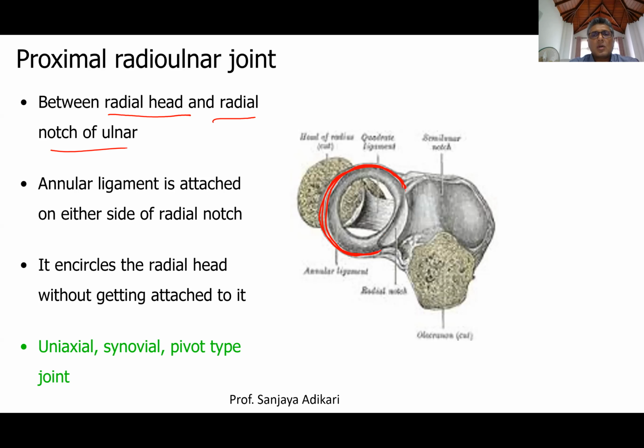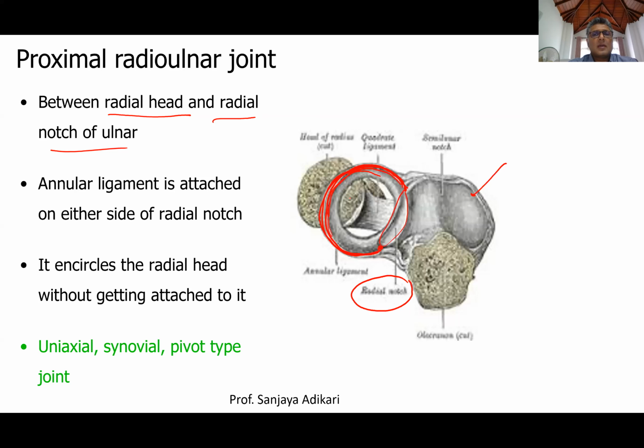It is attached on either side to the edge of the radial notch on the ulna. So this is your ulna. Radial notch is here for the head of the radius. The inner aspect of the annular ligament is lined by cartilage, hyaline or fibrocartilage,